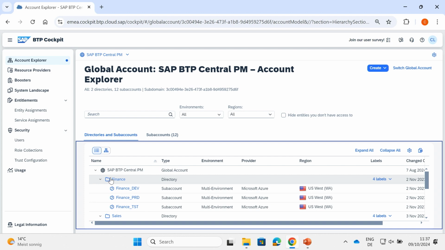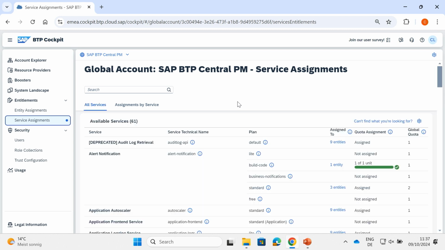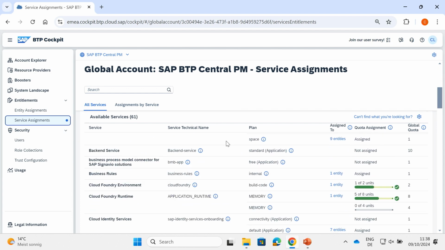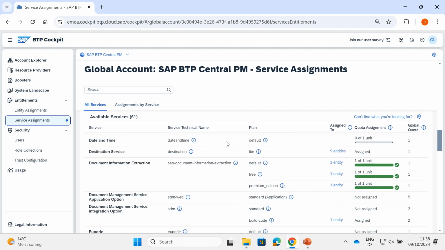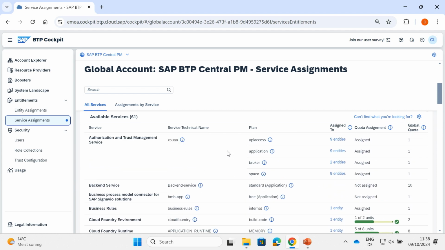so that the global team who is managing the overall BTP account does not become a bottleneck. One important element of administrating accounts is also to provide entitlements. Entitlements are needed so that you can actually consume services, right? So that you can use them, that you can create a service instance, that you can create a subscription. And entitlements therefore also control what can be done within a certain directory or within a certain sub-account. You can get an overview on a global account of what entitlements you have, so what services you can potentially use, right? And these depend, of course, on the contract or multiple contracts that you have assigned to this global account. And then via